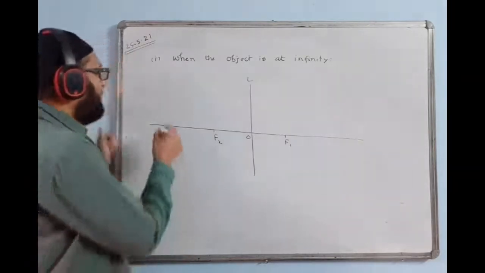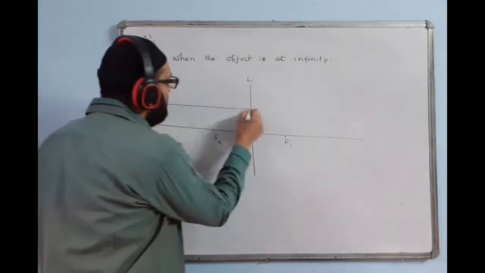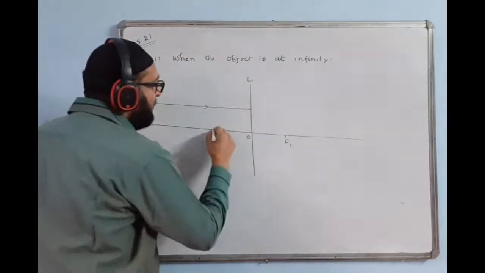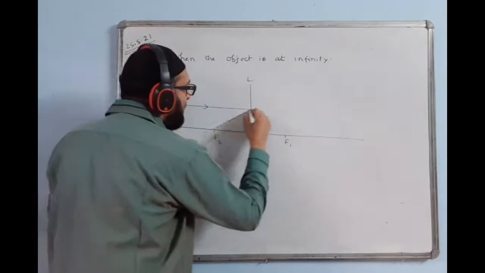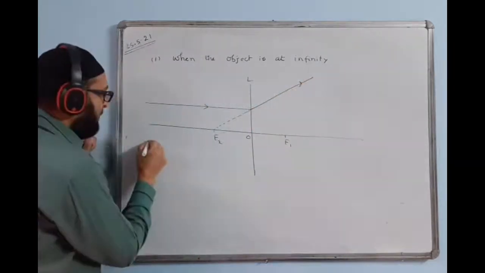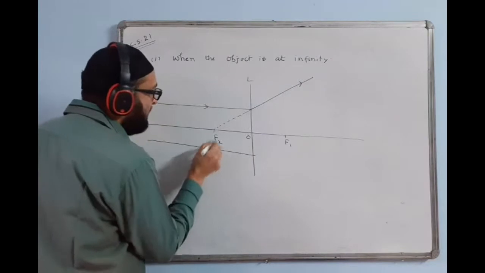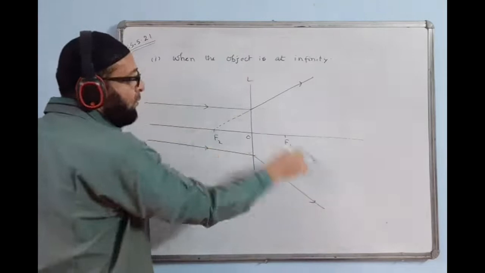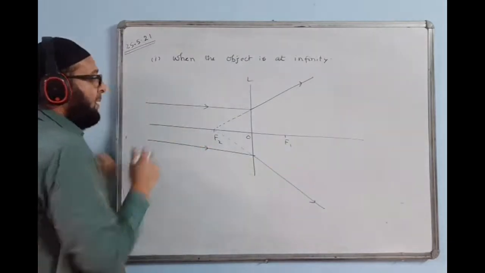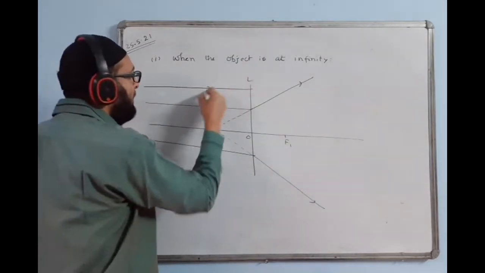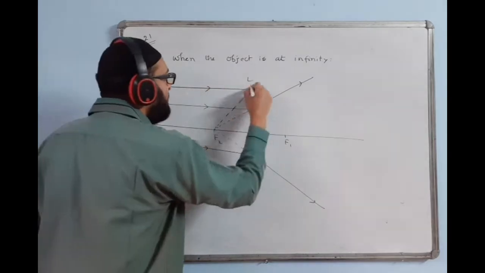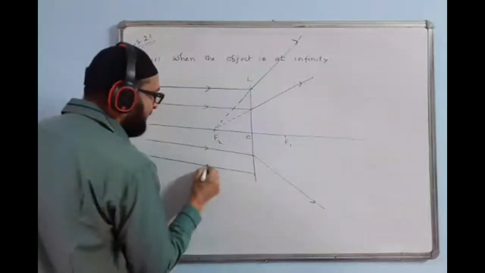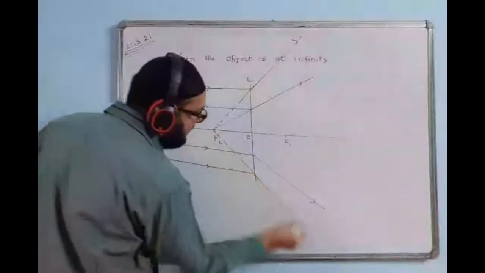So now we'll draw an object here like this. Infinity means parallel rays will come. This ray will diverge, appearing to pass through F2, the principal focus, like a dotted line, and it will go like this. We'll draw one more ray below the principal axis. From here it will go diverging, like this. If the lens is concave, it will go up. It won't pass through this. F2 is here, remember. One more ray, we'll take it here. We'll join it through F2 and it will go straight like this. One more ray, you can take it below the principal axis, and it will go like this.